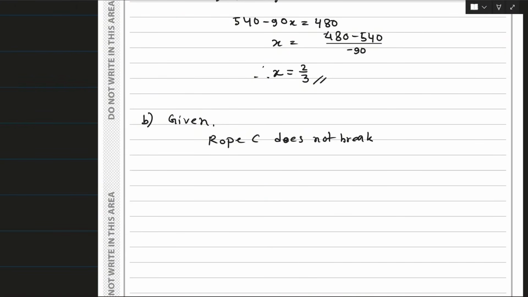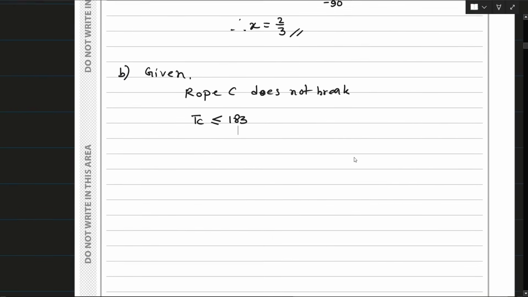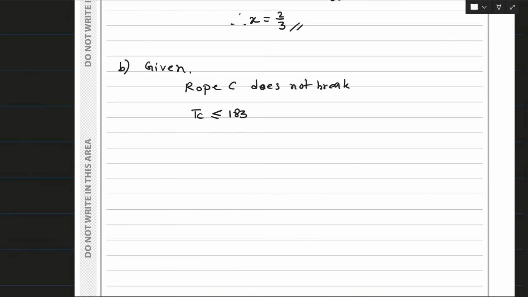As rope C does not break, the tension at rope C is either equal to or less than 183 newtons. This is what we derive from the information given in the question. Also, it is said that we have to find out the greatest value of W. If we want to find the greatest value of W, what we can do,